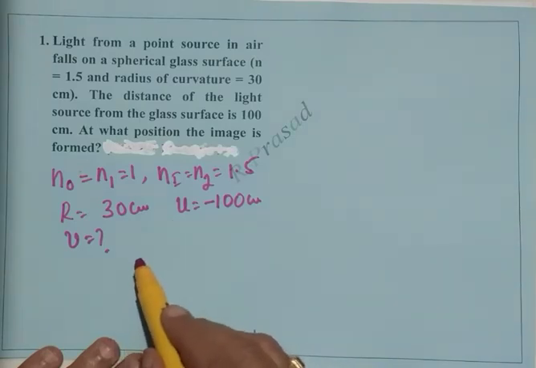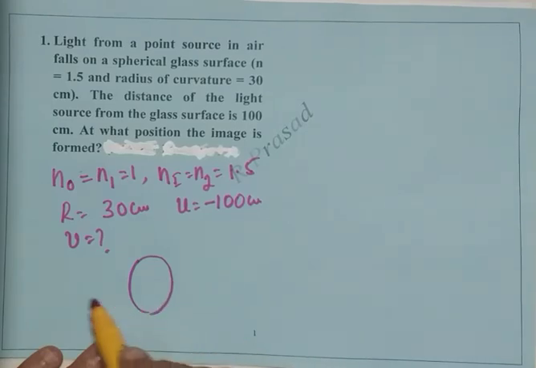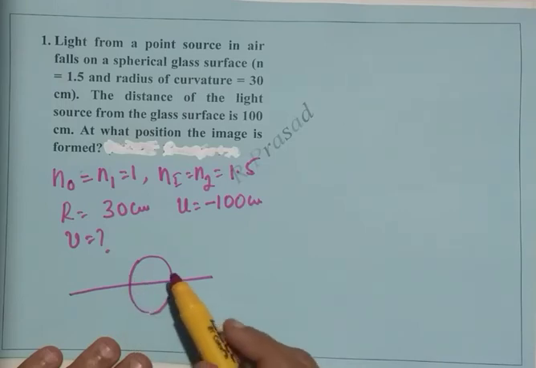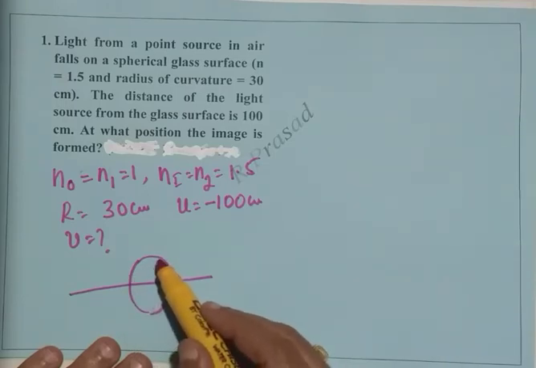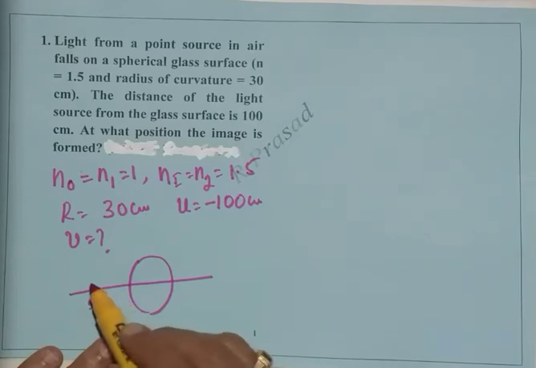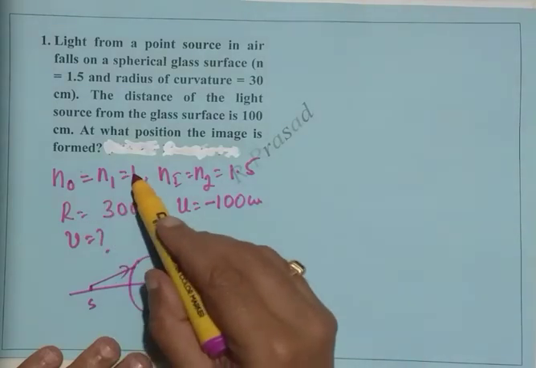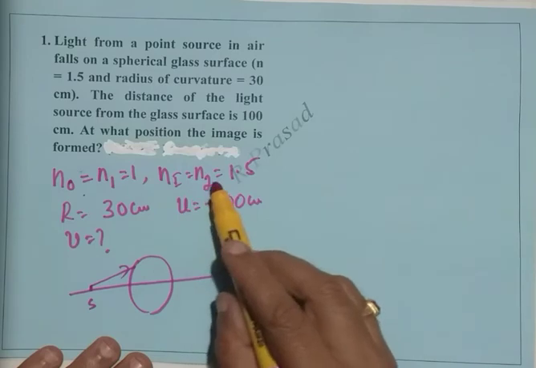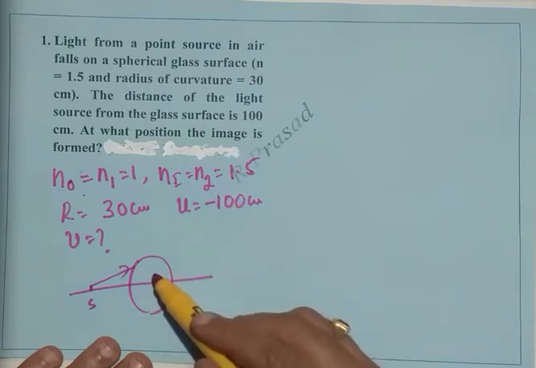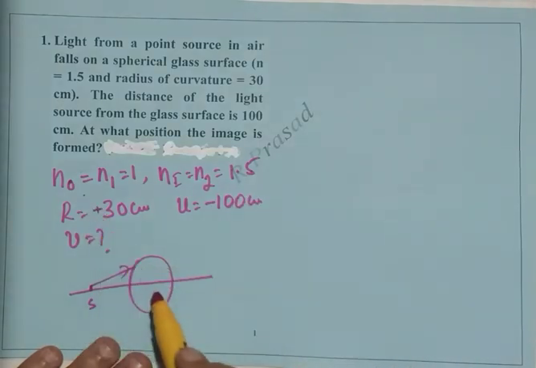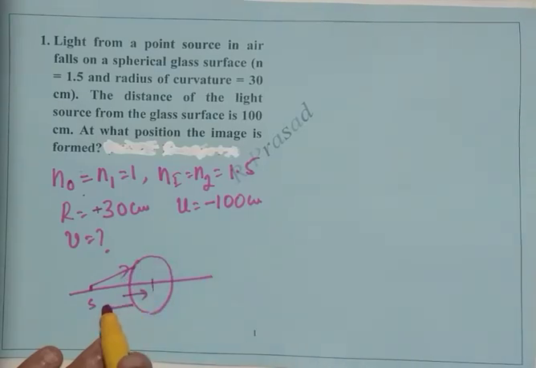say if this is the spherical glass surface, we are taking this as the diameter, axis passing through the diameter, then the object, the light source, is somewhere here, the light ray travels like this. Therefore, the object is in medium 1, that is why N0 is N1 equals 1, N2, the refracted ray travels in the glass sphere, therefore 1.5 Ni, and radius of curvature is plus 30 because we measure in this way, the direction of the incident beam, and U, this way we measure, therefore U is negative.